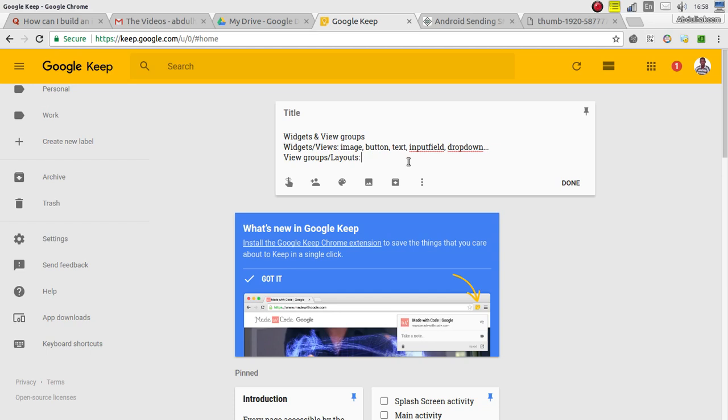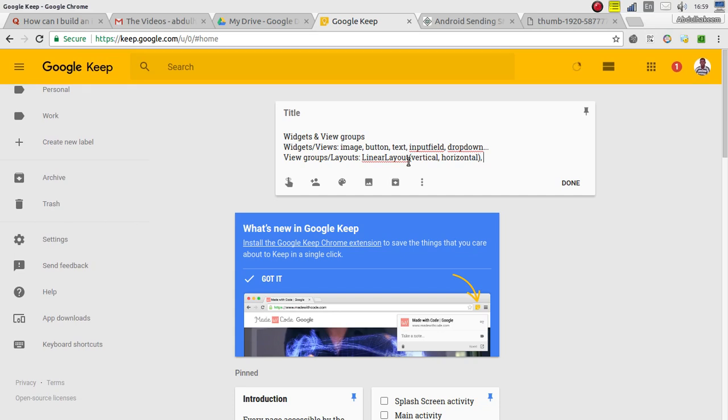Now for these view groups, they are quite finite. I think there are 5 or 6 of them, but throughout our app we used just 2 or 3. Now the view groups we have: the linear layout. This linear layout allows us to arrange something in order linearly, and then the linear layout has 2 variants. We have the vertical, which arranges them on top of one another, and horizontal, which stacks them side by side. So the linear layout is the main view group or layout we used in the majority of our application,